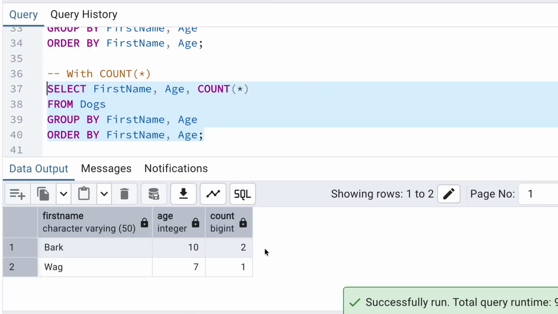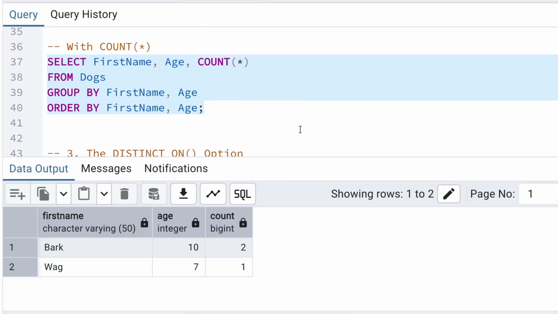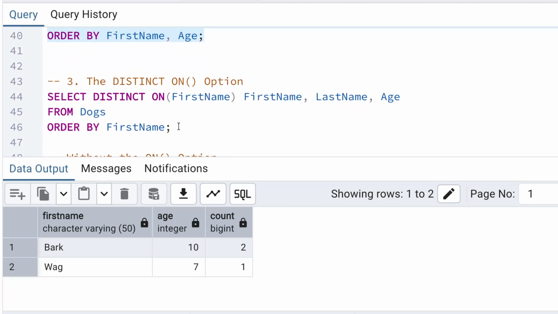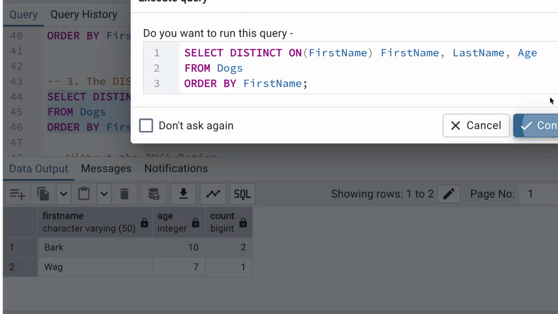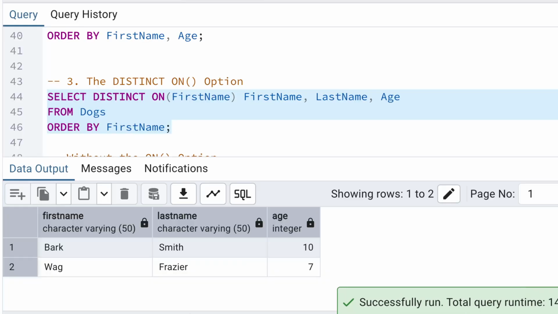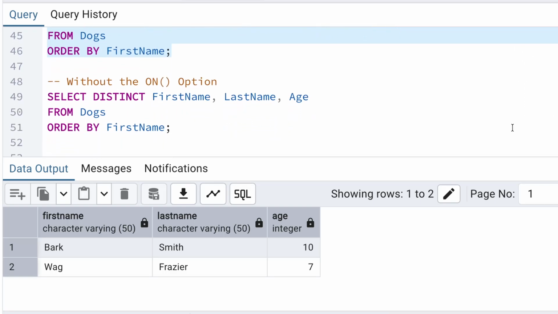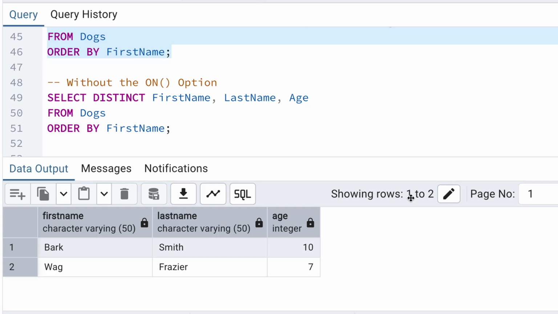If you're using PostgreSQL, you have a third, more powerful option, DISTINCT ON. This allows you to deduplicate based on a specific column while still returning other unique columns. In this result, we deduped based on the first name only. It kept the first Bark it found, which was Bark Smith, and ignored the second one even though the last